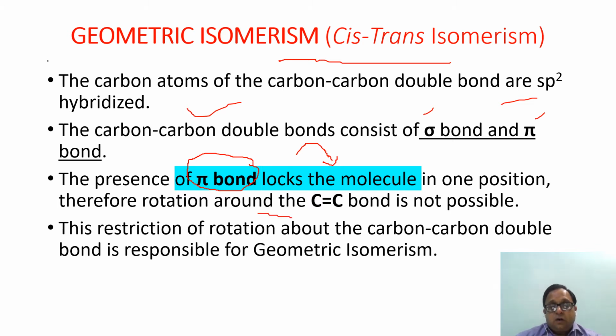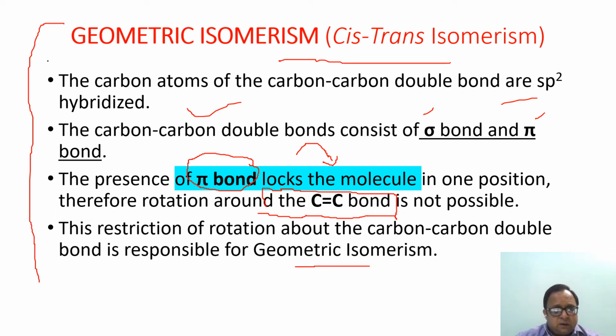Therefore, rotation around this double bond is not possible. And this restriction of rotation about the carbon-carbon double bond is responsible for geometrical isomerism. So this is the whole sum up of the previous discussion,